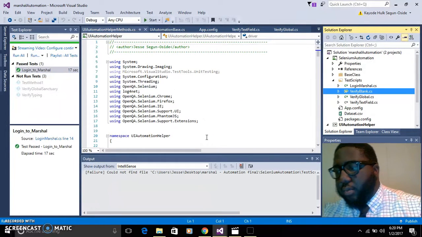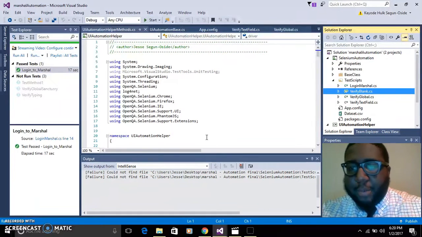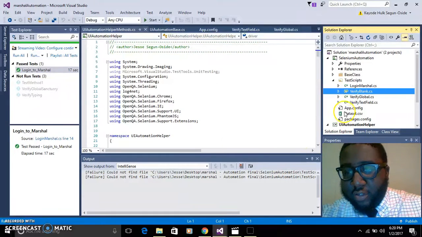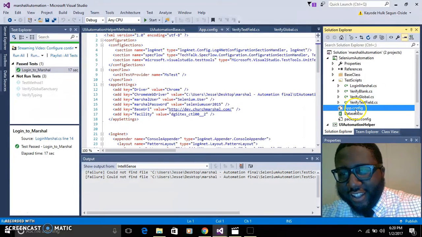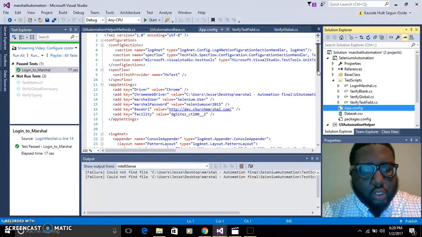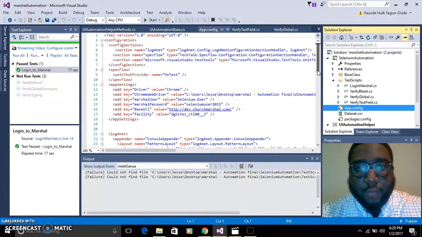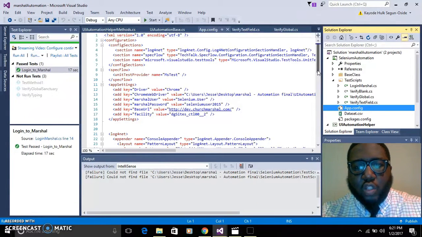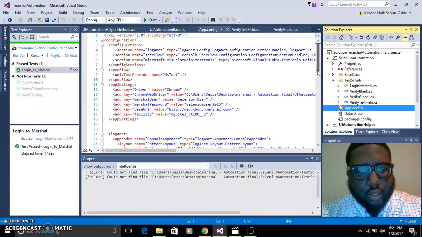Okay. The next thing we're talking about is the app config file. This is very important. If you don't get anything else from this video, this needs to be understood. Well, I would appreciate it if you were listening. The app config file contains configuration that modifies how the test is run. Now, this solution will be available to you guys soon. It depends on the time frame of when you're watching this video. A link should be in the description at one point in time. If it's not, well, once you get it, essentially,